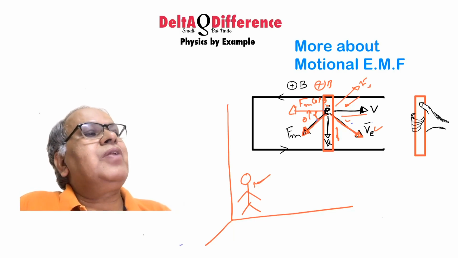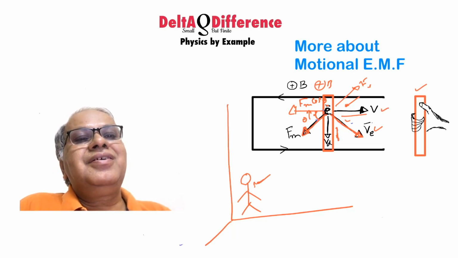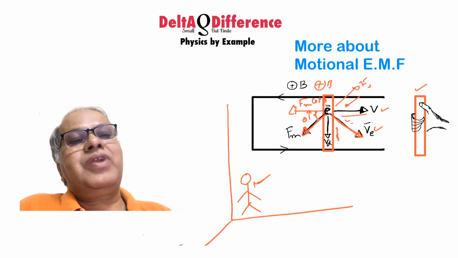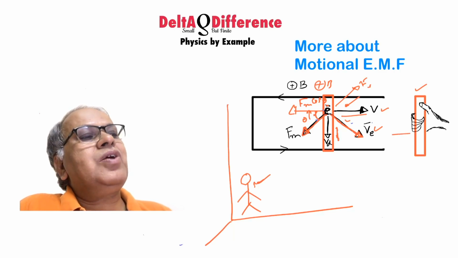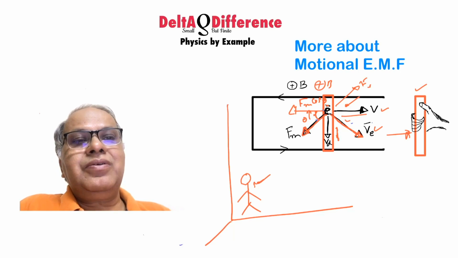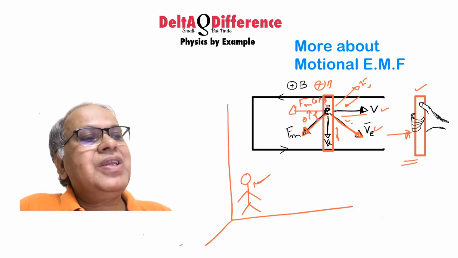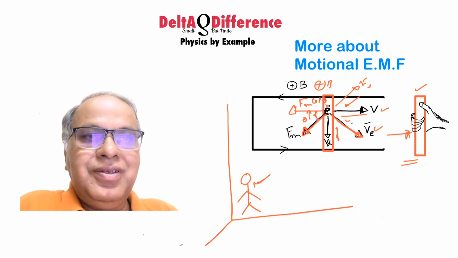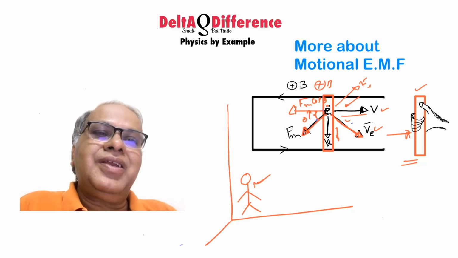So an external fellow who is maintaining the speed must be doing work. So it's not the magnetic field which is doing the work. It is trying to take out the electron. The electron is slowing down the motion of the rod, but the person pulling it away is not allowing it to slow. Isn't it so? That means the external agent is doing mechanical work in maintaining the speed of the rod. That is becoming the electrical energy in the rod and in the wire, in the loop basically.